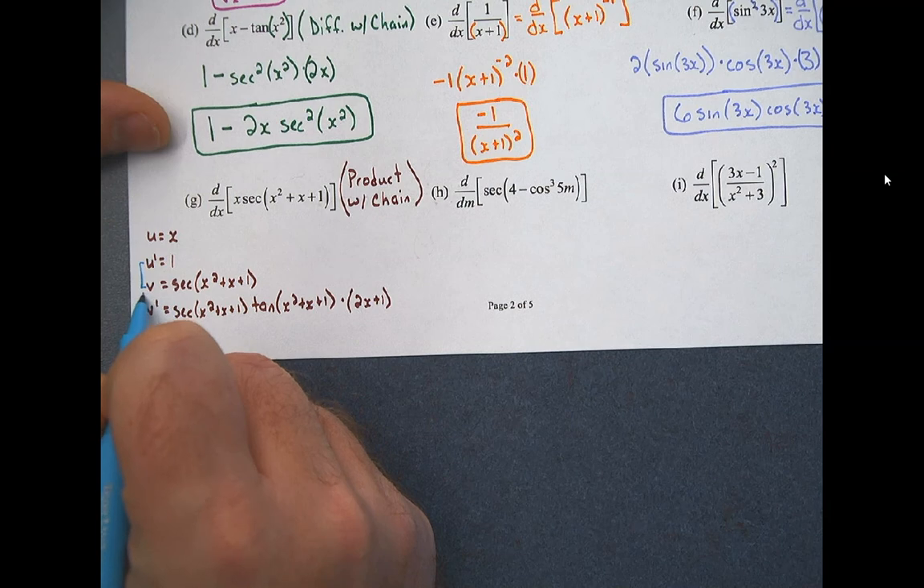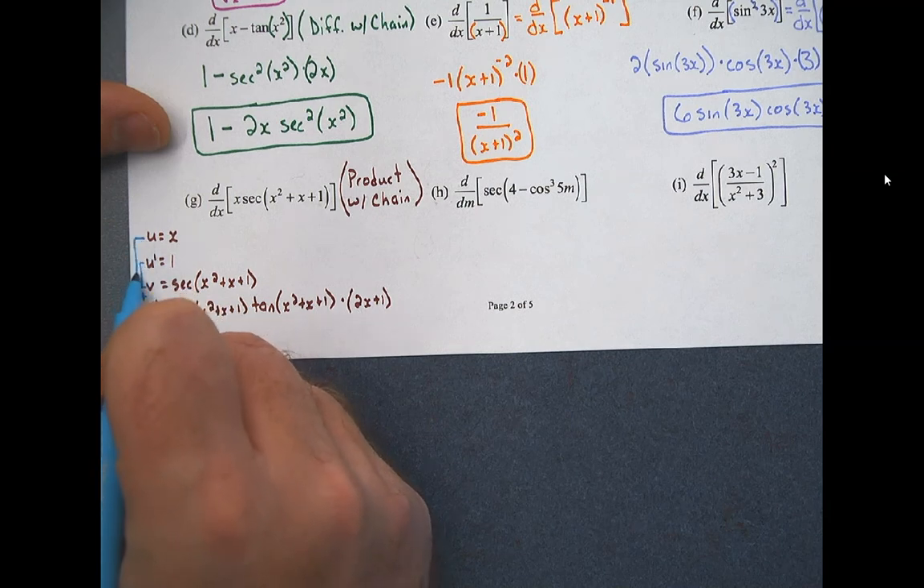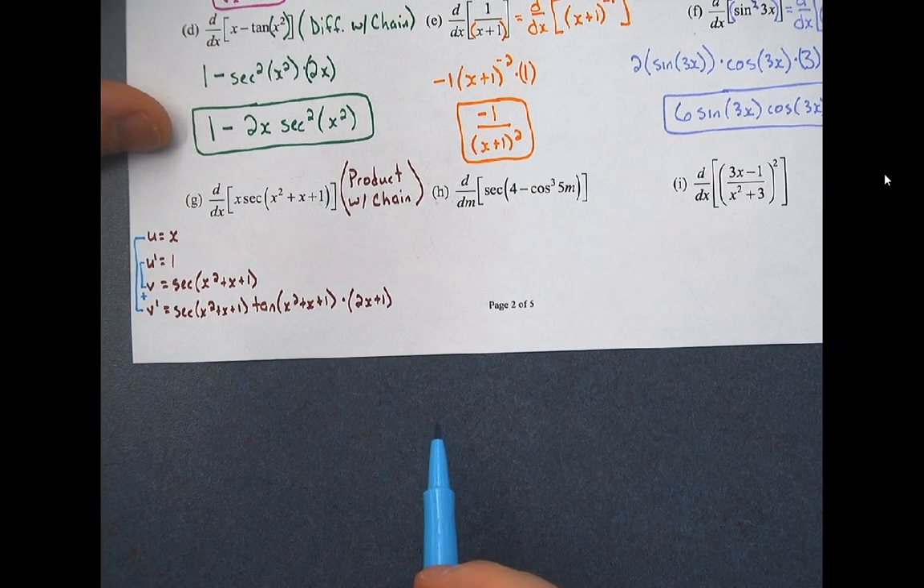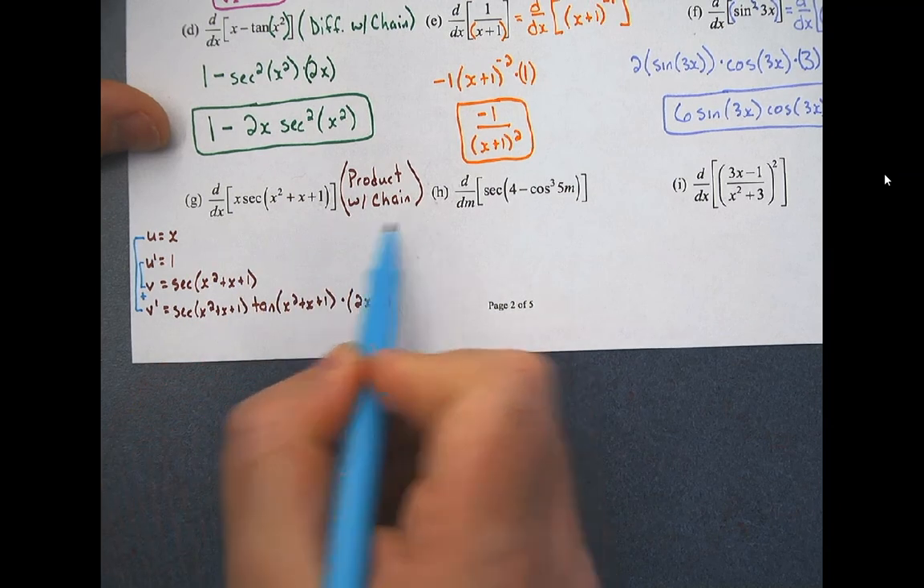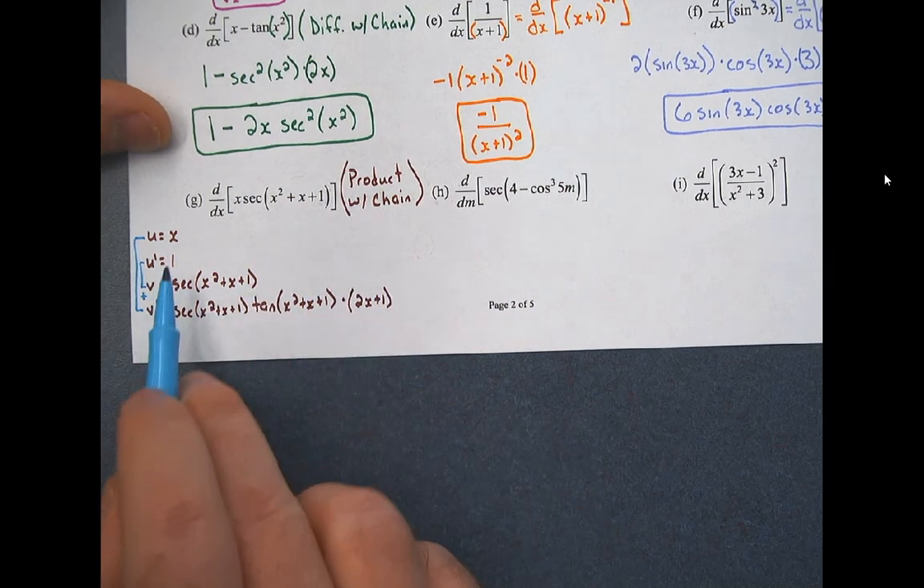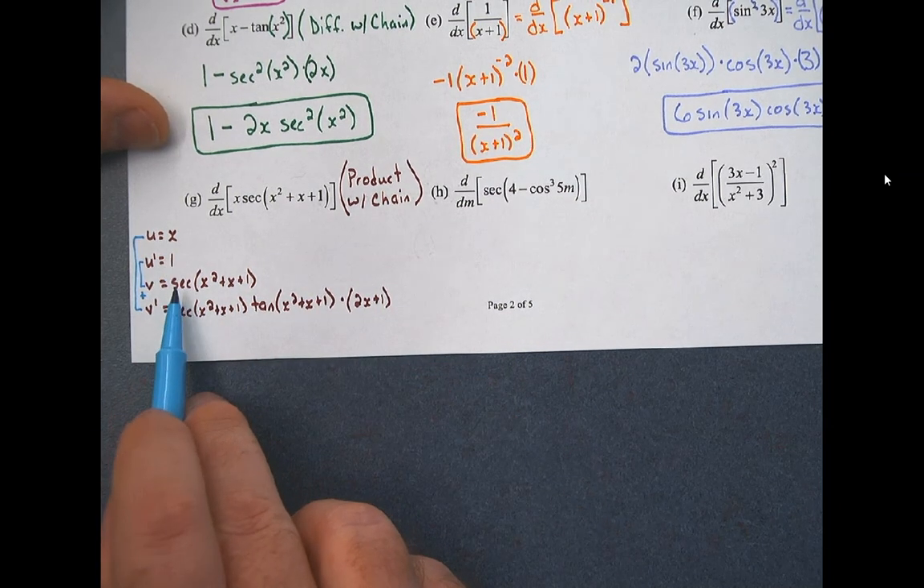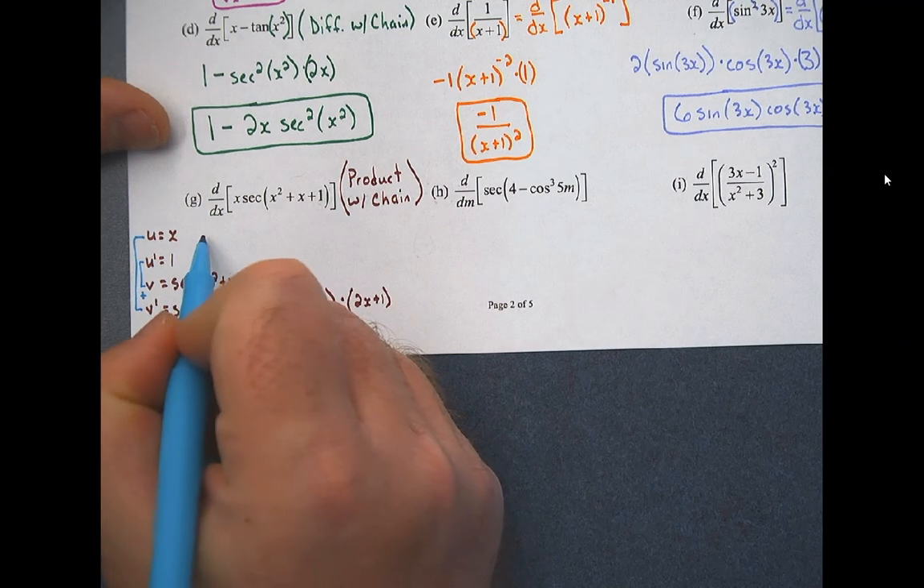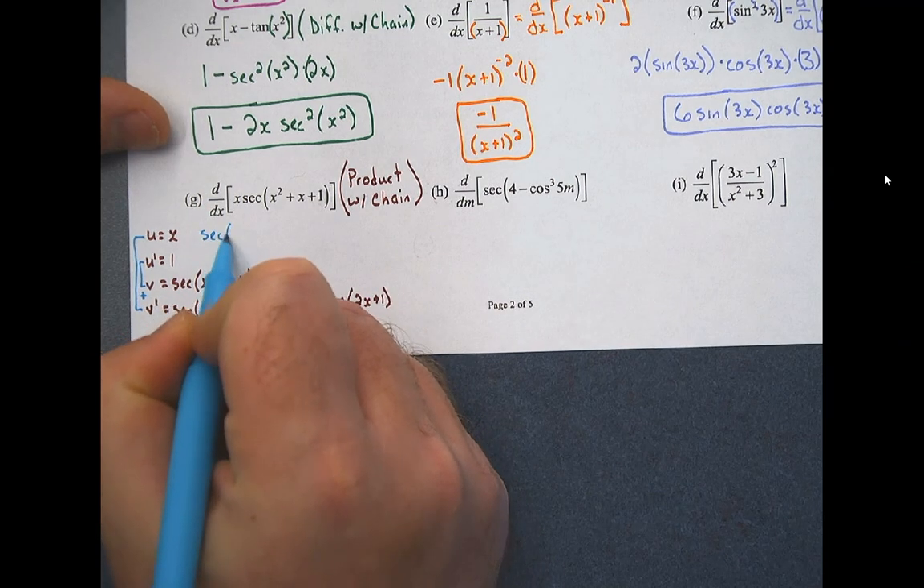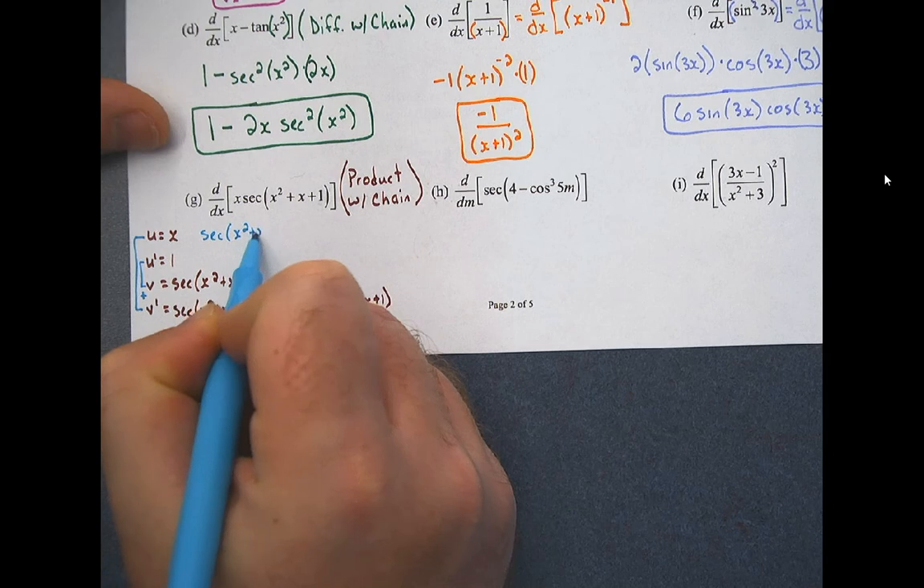Product, thank goodness, it's a plus. U prime V. So I'm going to try to squeeze as much as I can into this little space here. U prime V, well, that's nice. 1 times secant of this is just secant of that. So secant of x squared plus x plus 1